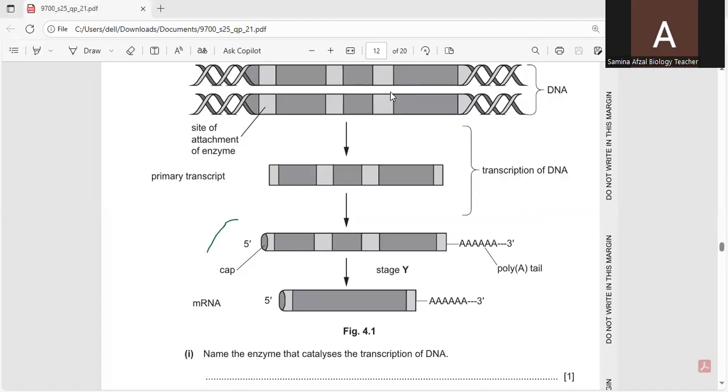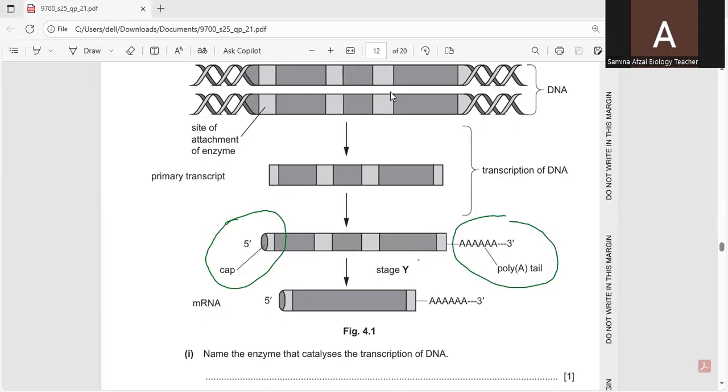This is the 5' end of the primary transcript, and this is the 3' end. On the 5' end side, you can see a cap has been added. This cap is a guanine nucleotide. And on the other end, an adenine tail has been added. So